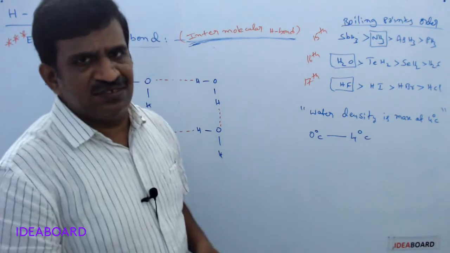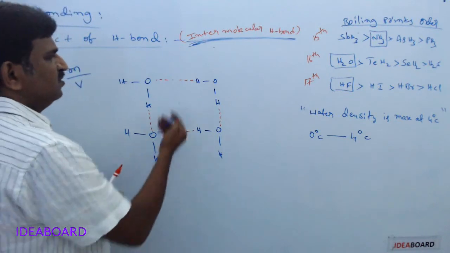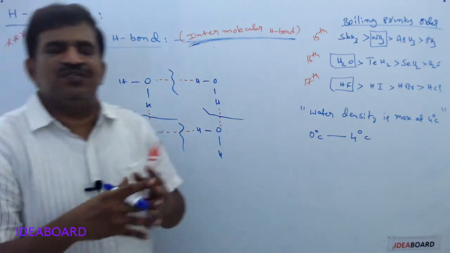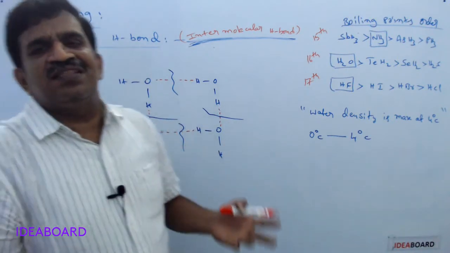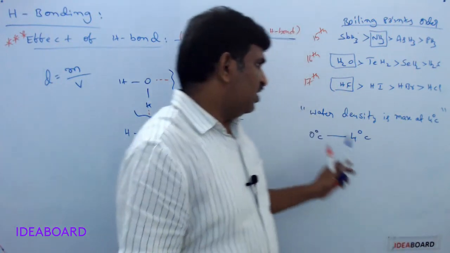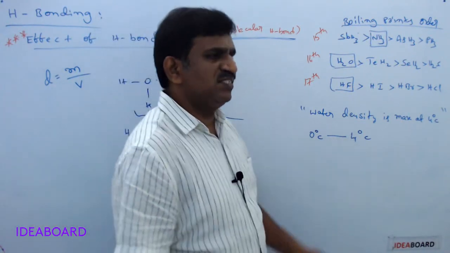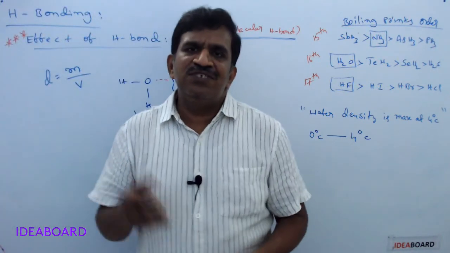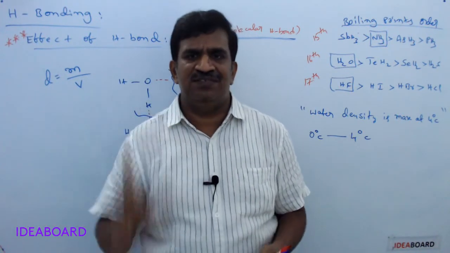Then in water, what happens? Whenever water is forming, we are heating. When we are heating, what happens? These bonds dissociate. All the hydrogen bonds are dissociating. Then the H2O molecules come closer. When there is no gap between the water molecules, then the volume decreases, density increases. So, water has maximum density at 4 degrees Celsius because at 4 degrees Celsius, all the hydrogen bonds are broken completely. Then it gives a maximum density value without any gap. Any space or volume is very, very less.